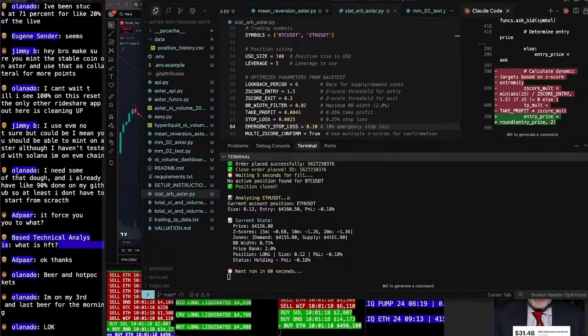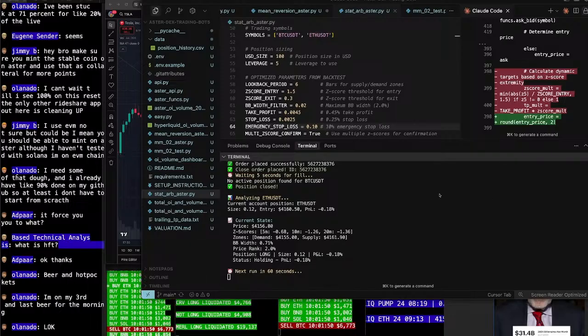Oh man, I love bots though, dude. This is just so much less stress than the other one. That was crazy. Easy.py, slick, but you gotta think about the entries and exits. Let's see how much I lost on that trade. I actually won on that last BTC trade, so